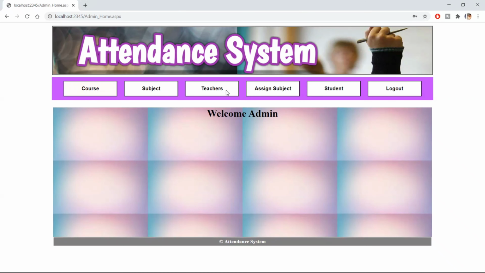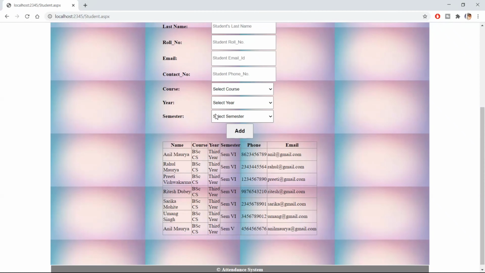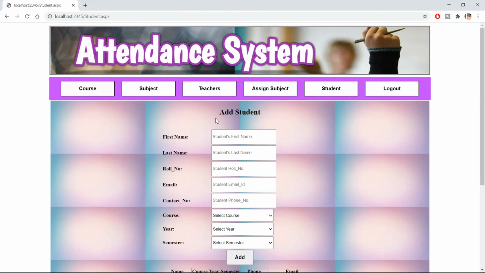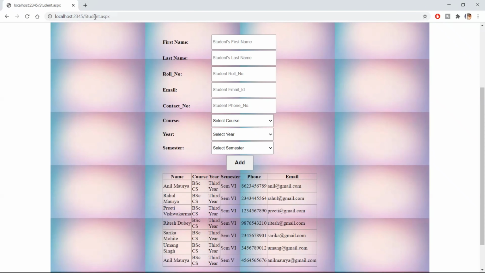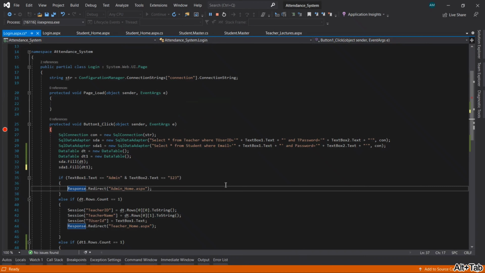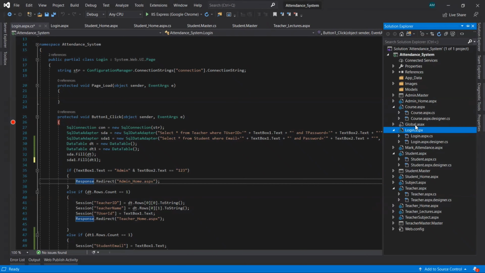While adding a student, we have to add one more text box field for the password. The page name is student. Stop debugging mode. So go to the student page.